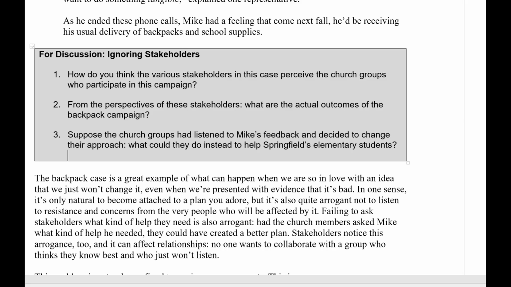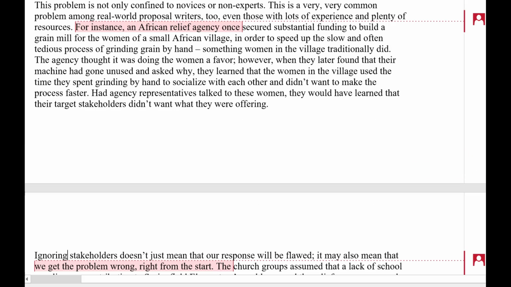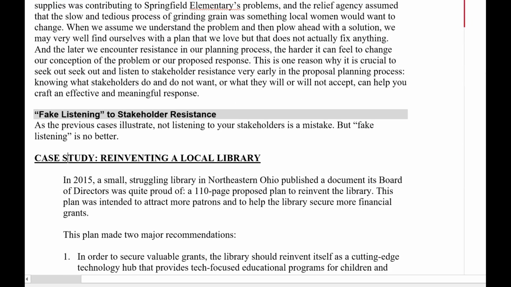So really troubleshoot it as much as possible, then find out what you don't know and ask questions to the stakeholders in ways that if something is going to sink your proposal, you find that out front and center. And then third thing is maybe brainstorming alternatives. So I like what you have in here.